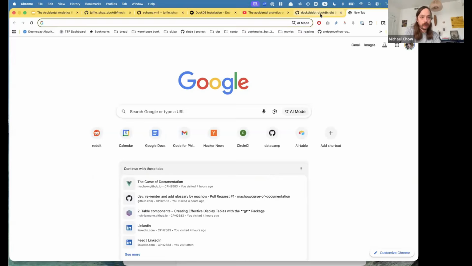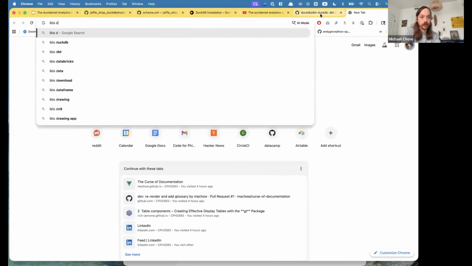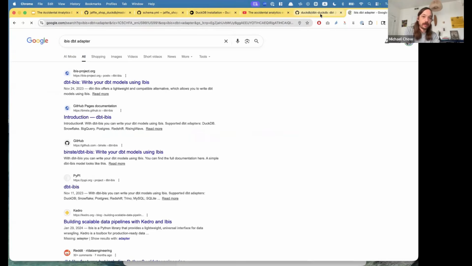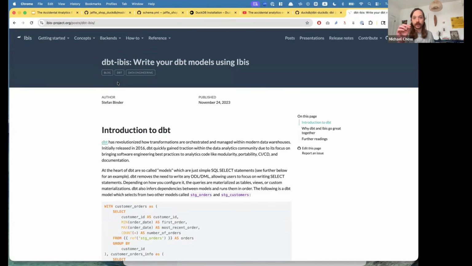I will say there is this interesting space in DBT, which is like anything that can generate SQL can be made into a DBT adapter. For example, Ibis is similar to dbplyr, but for Python, and it can generate SQL.